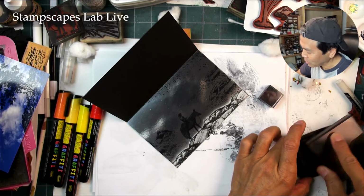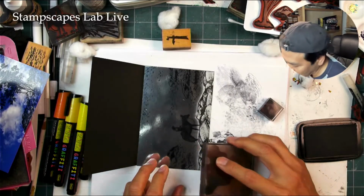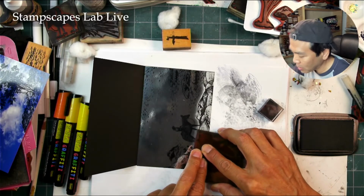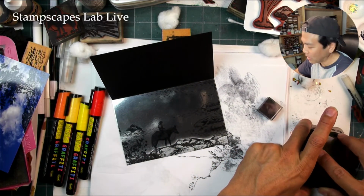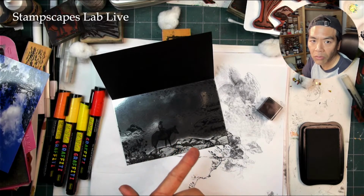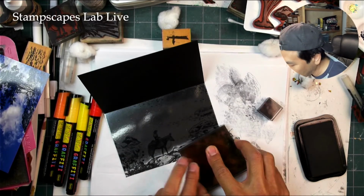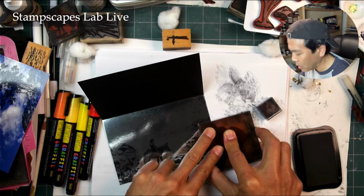The thing that this whole experiment's about is, when you lay these colors down over the top of black imagery, where you don't have too much of that color going on in the rest of the scene, which I won't in this one, I can't really color this very well. It is sealed off, black and white ink in there. But if I start going around, colored pencils are a no-go on here. It would just scratch off the ink, even though this is sealed off with that spray sealant, because colored pencils are just not soft enough. So it has to be a softer type of medium, and that would be something like the acrylic paint pens